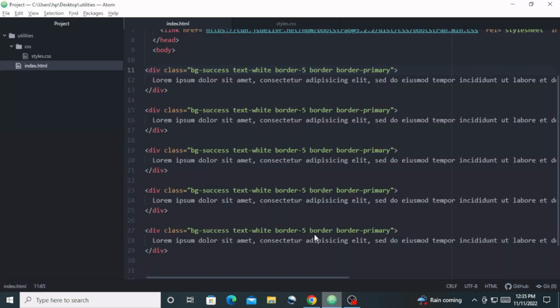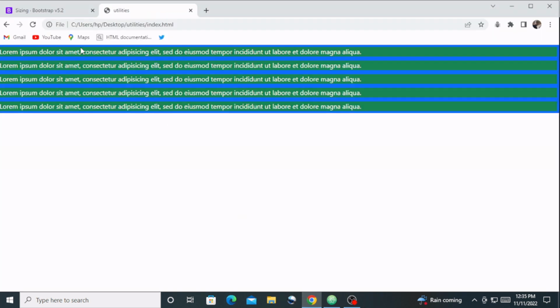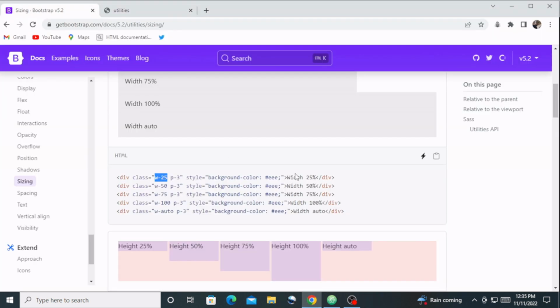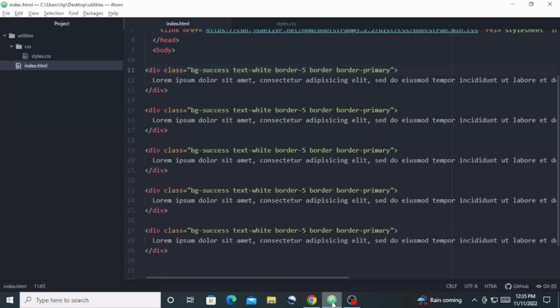So I'm going to start with the first one. So the first one, I'm going to set this in terms of these sizes: 25, 50, 75, 100 and so on. So inside here, I'm going to start with this one, W for width, and then I'm going to set this at 25, and then this one will be 50,